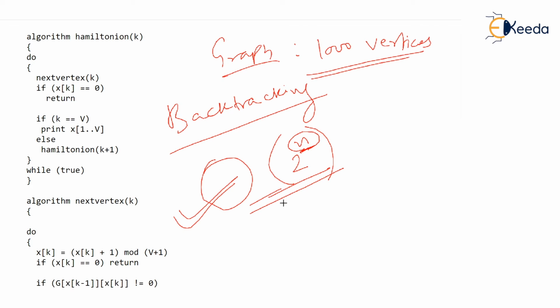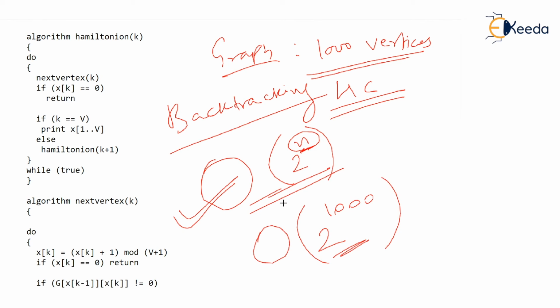But now we have 1000 vertices, and we are asked to check whether a Hamiltonian cycle exists and print all the cycles. Can you imagine? This works in big O of 2 raised to 1000, which is a very huge number, isn't it? And if you run your program for such a big problem, 1000 vertices, then your program is going to take billions of years to complete and give the answer.